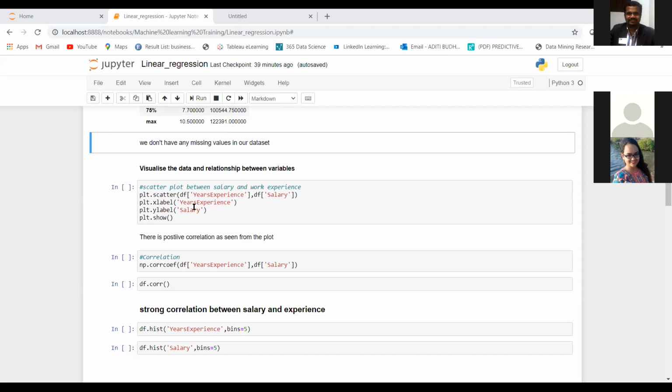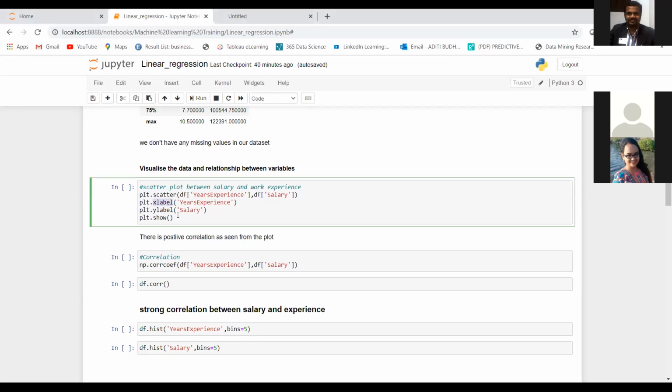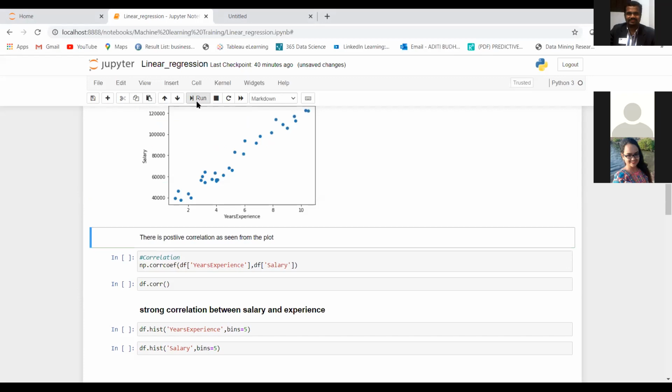On the x-axis I will have my input variable, which is years of experience, and on the y-axis I will have my salary, that is my output or target variable. Then I add my x label and y label, and use plt.show to get the graph.